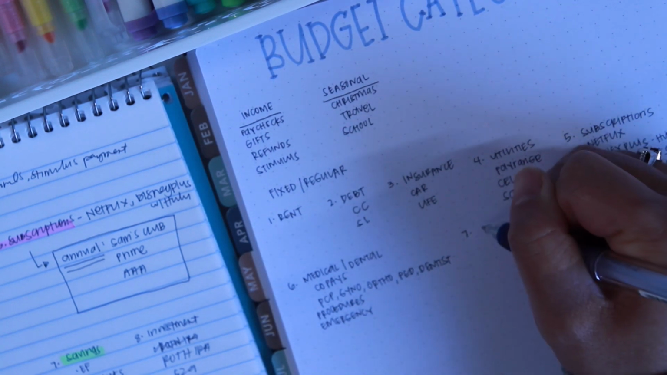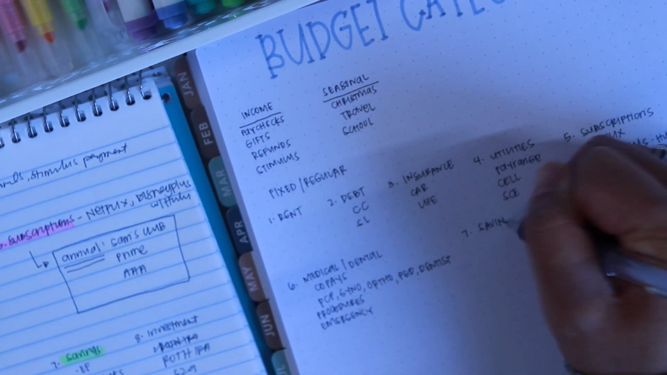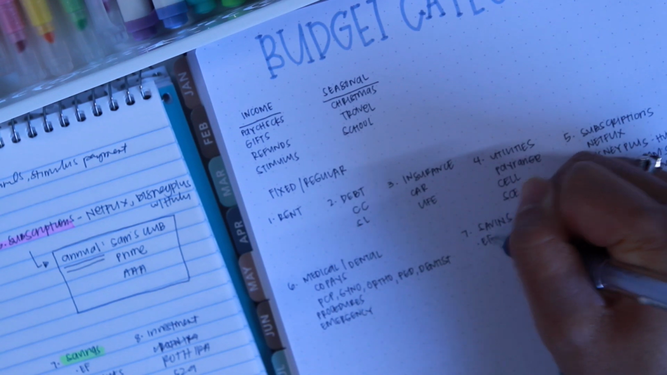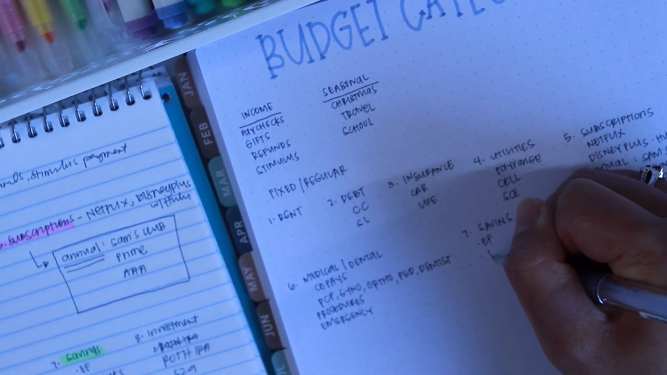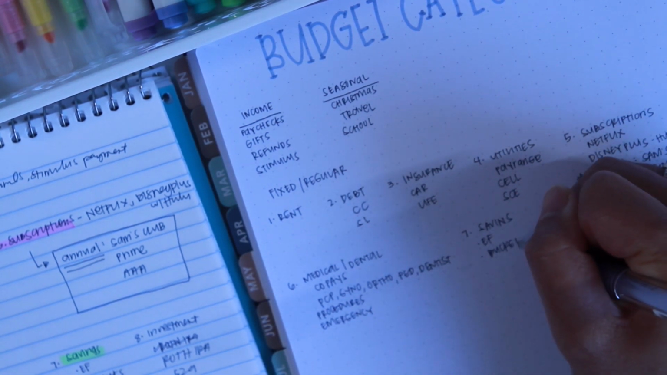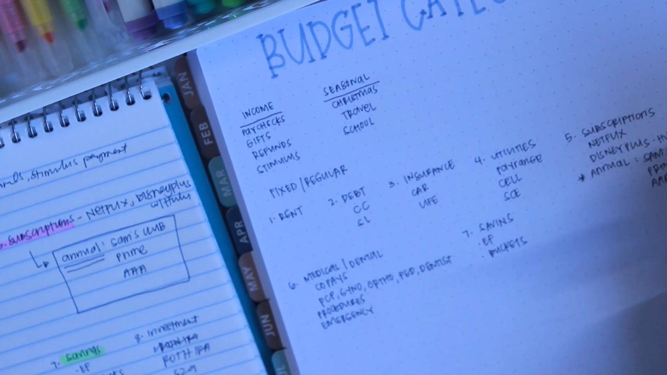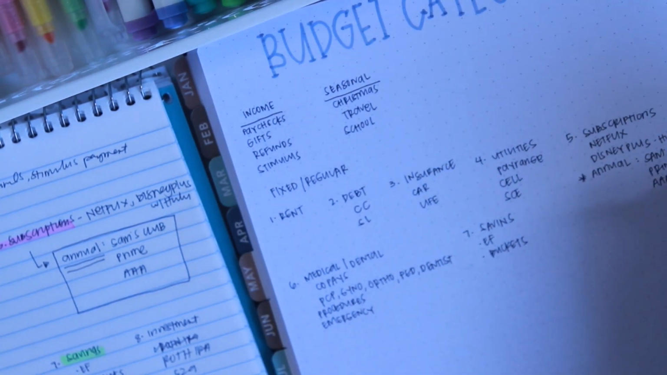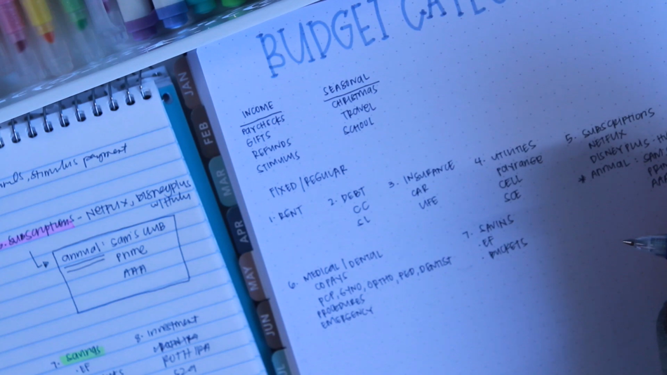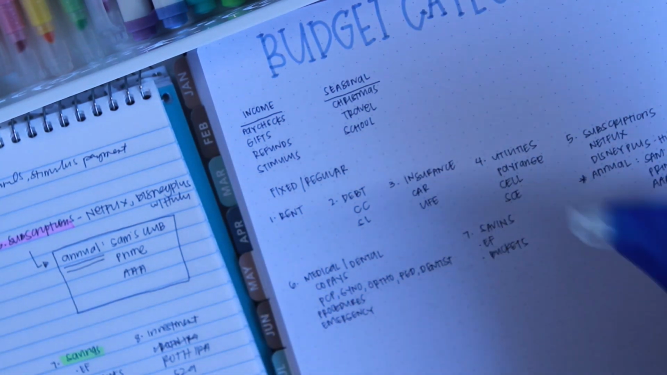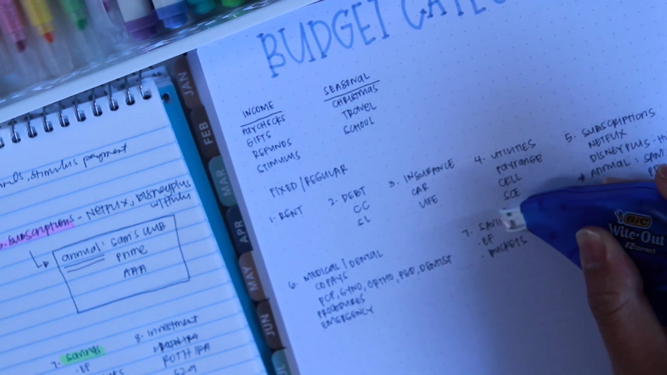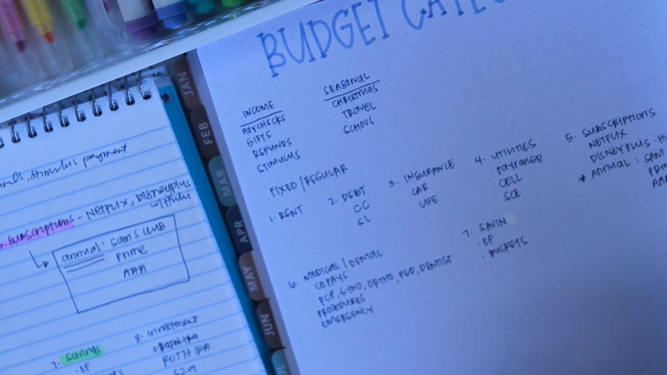Number 7 would be savings, and this is for the emergency fund and any of the savings buckets that we have for things that will come up, like travel, Christmas, like all the seasonal stuff that's going to be on here. I totally spelled savings wrong. So we have whiteout, savings,